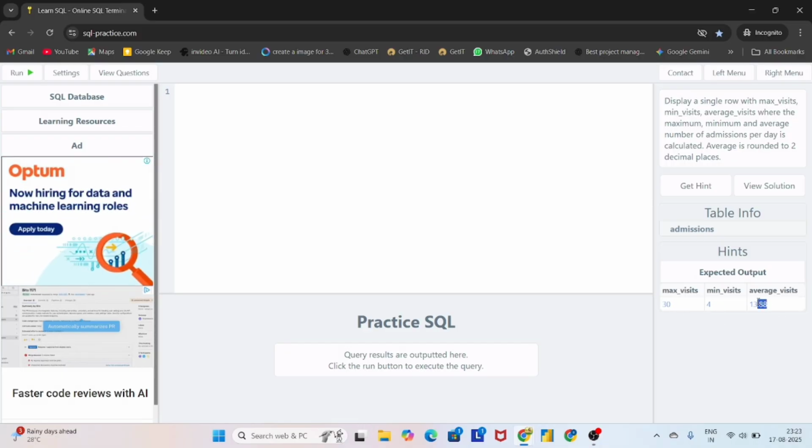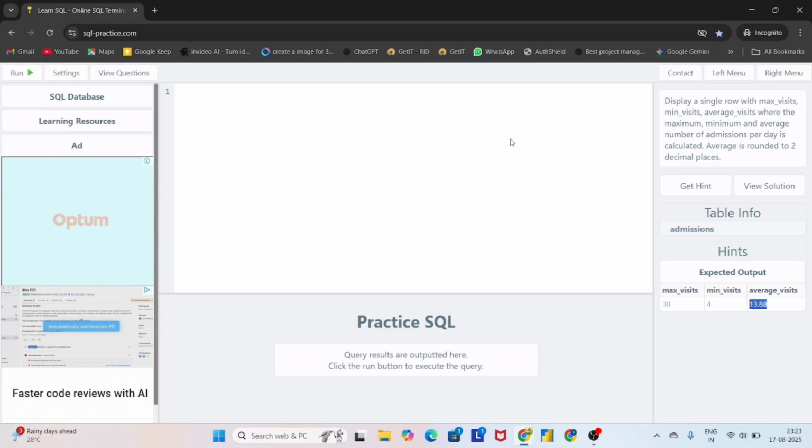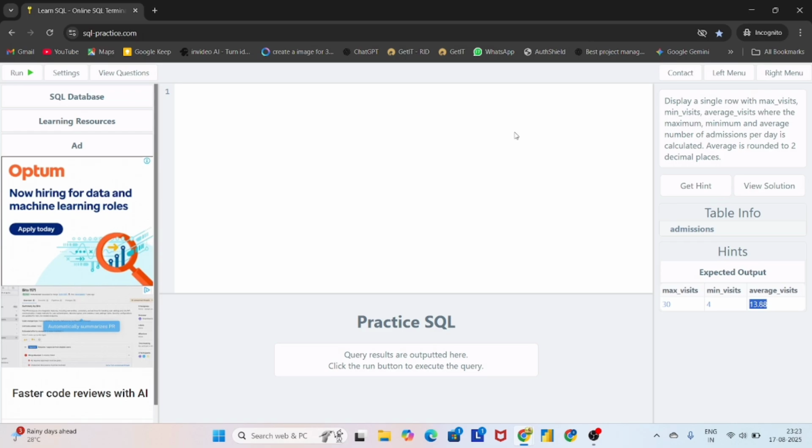After that, they are talking about the average visit. Then we have to put the average on the basis of date. Suppose the first date comes 40, the second date comes 50, and similarly the 10th date comes 100, and we find